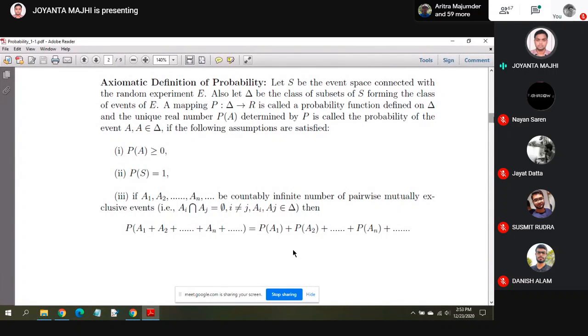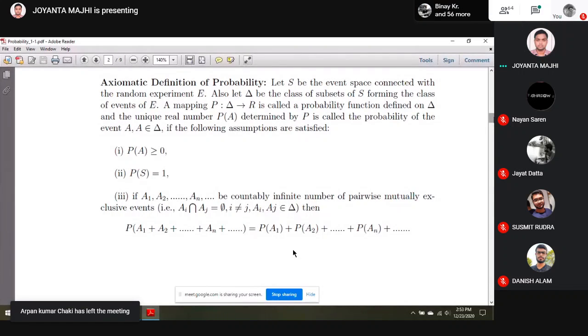Then what are the three axioms of probability? The three axioms are that the probability of an event can never be negative. This is the first axiom, and the second axiom is that the probability of the whole event space is 1. Whole event space means, for example, throwing a coin. Here the sample space is